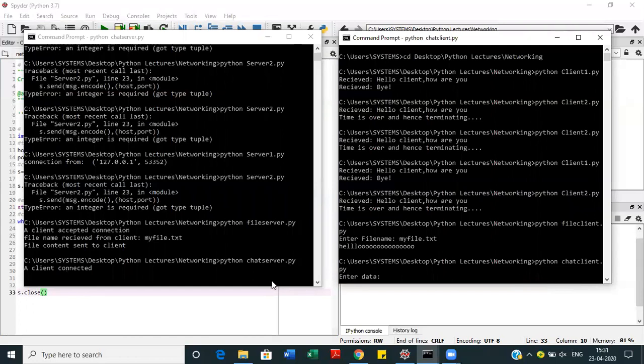Okay, so here the connection has been established. That's why it is printing the message that a client is connected. Now it is asking the client to enter some data first.